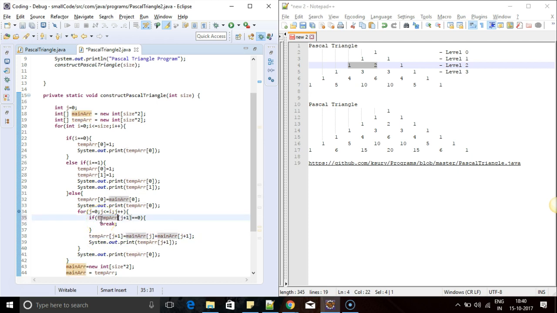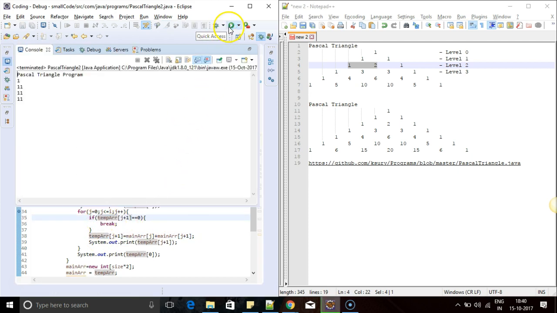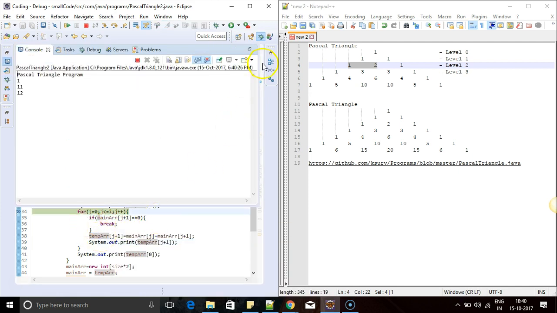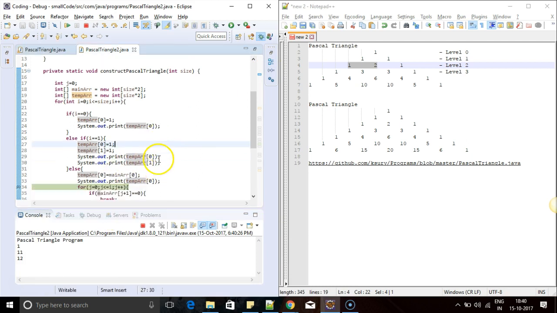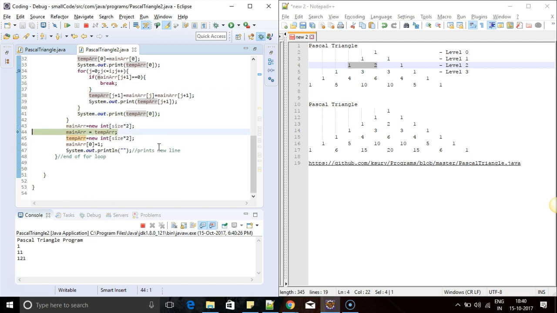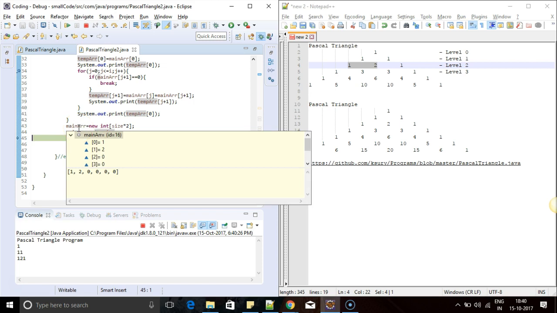So now I think it will work. No, we are doing wrong somewhere. Temporary of 0. Let's check again. Making a mistake somewhere. Now it will be main array of 2. 2 is getting printed. One is getting printed. So now the main array will be,